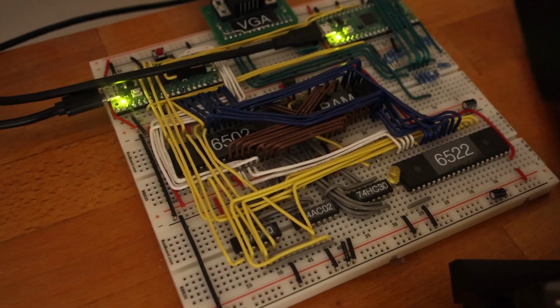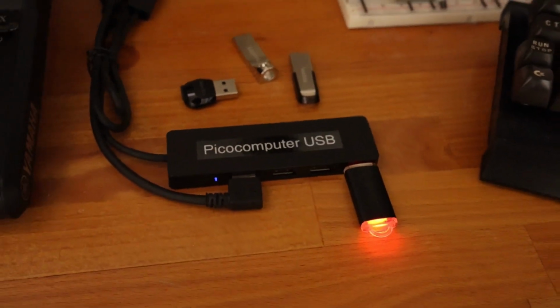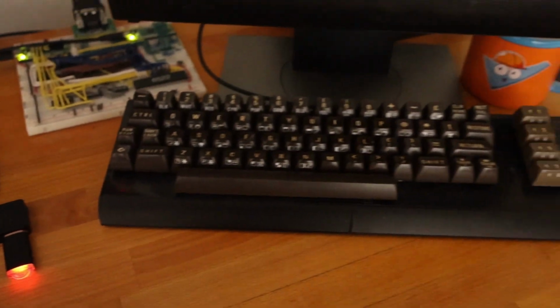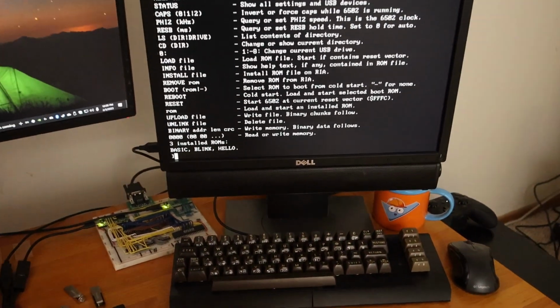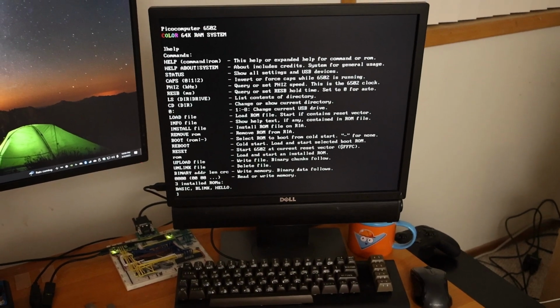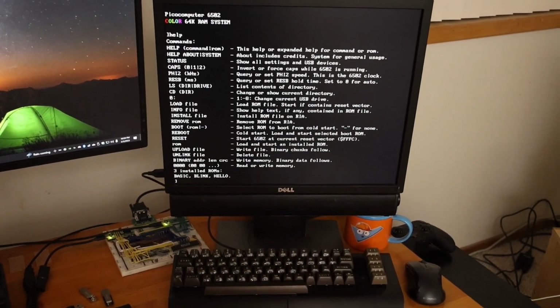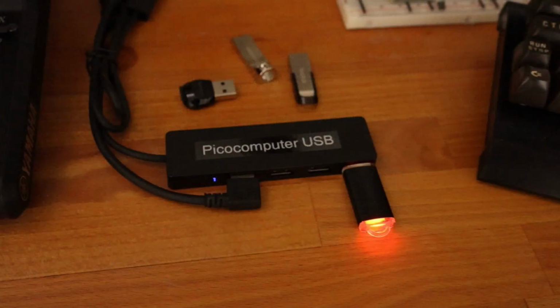Now let's look at the new features in the Pico computer. If you're new here, the Pico computer connects a genuine 6502 processor with a PyPico to support modern devices like USB flash drives. Here's what it looks like on my desk. That Commodore keyboard has been converted to USB and is what I've been using for the past month. I made a video about it, which you can find in the description. Notice how the USB hub is front and center so I can easily swap media. I'll switch to the capture card so everything is nice and crisp.